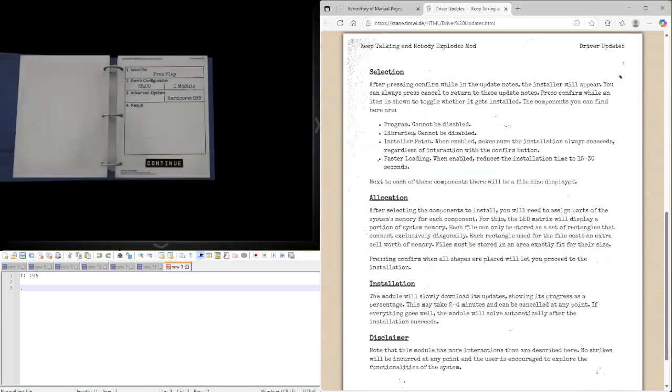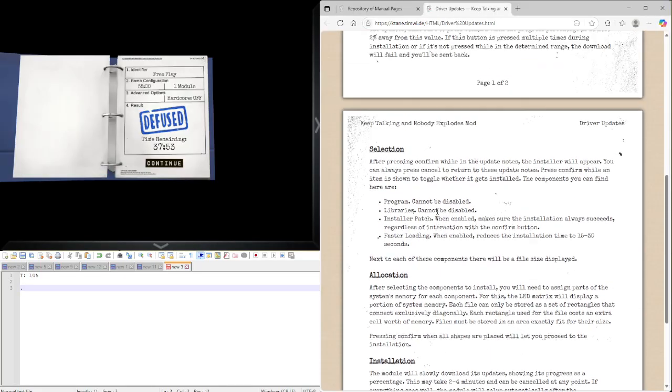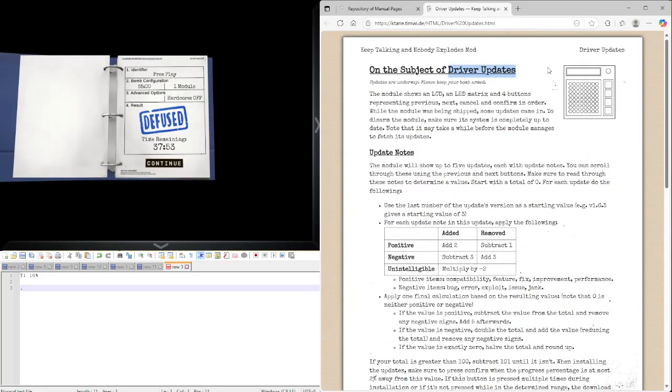Of course, if you are smart with it, you can probably get both of these in there as well. But I want to show off the baseline solve of it. So that was driver updates. Hopefully you understand